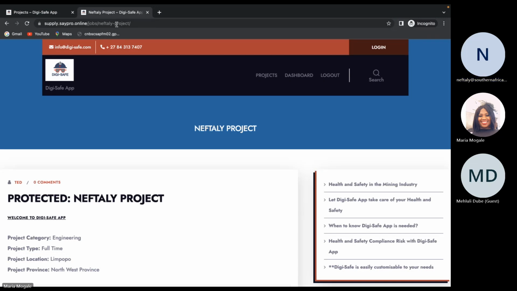And then also there could be automated communication to remind someone through an email to say you have been invited to complete this form, and then the person can immediately go into their DigiSafe, log in with the login details, and then they can apply to that project immediately from there. If you can scroll a little bit down.